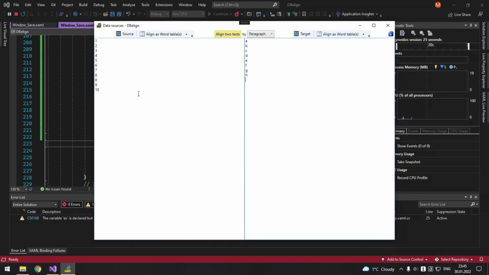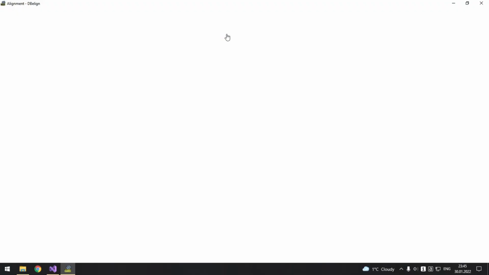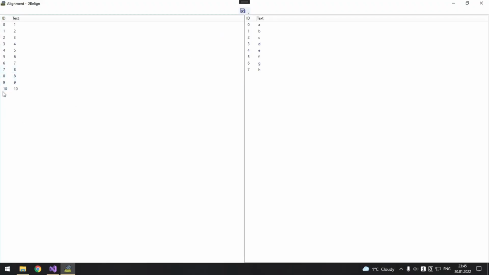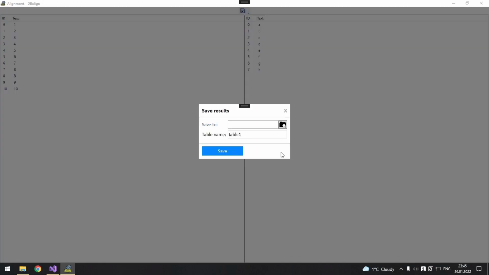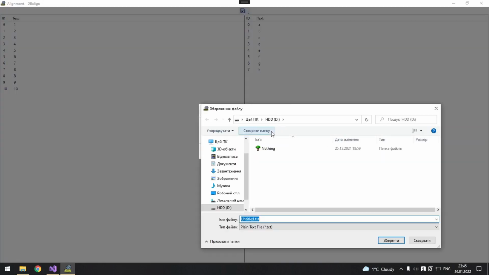Alright, so let's align these fragments, and I specifically want them to be different numbers. So let's save a database. Okay, test database, and let's search words.